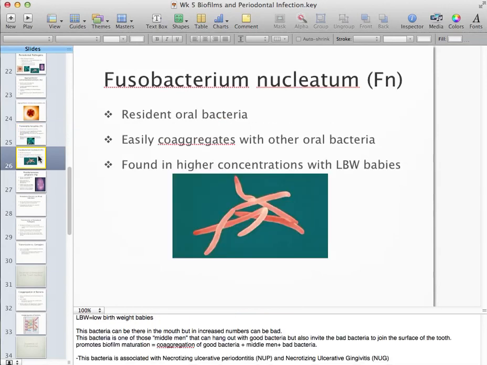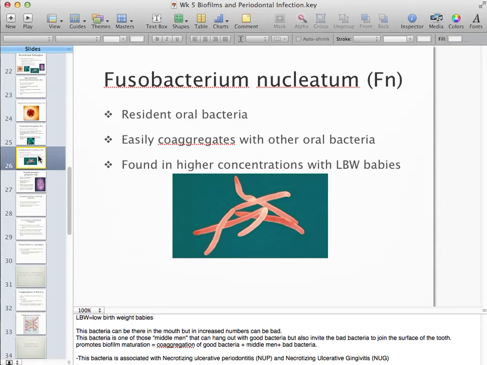All right, FN, Fusobacterium nucleatum. This is friendly bacteria, but it can easily co-aggregate with other bad bacteria. It's found in high concentrations in low birth weight babies. So like I said, it's a friendly bacteria that's usually in the mouth, but when it's in the mouth in increased numbers, it can be bad. Why is that? Well,